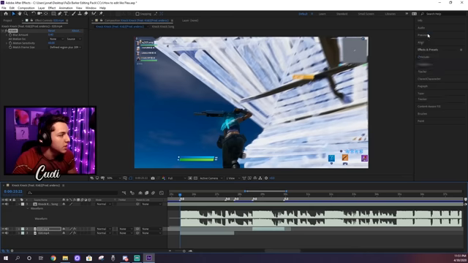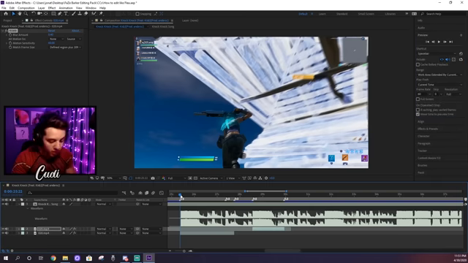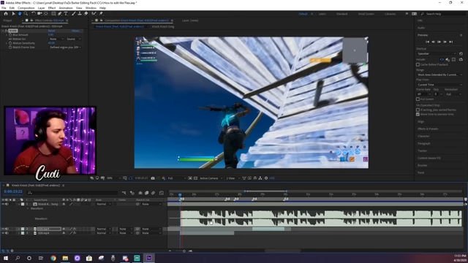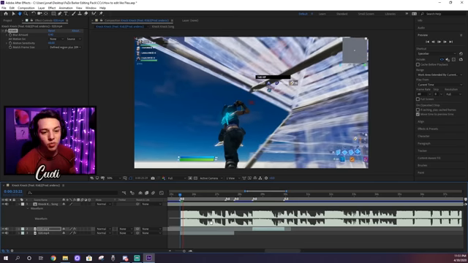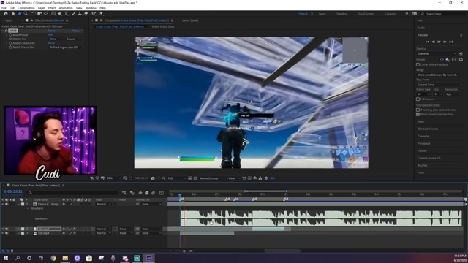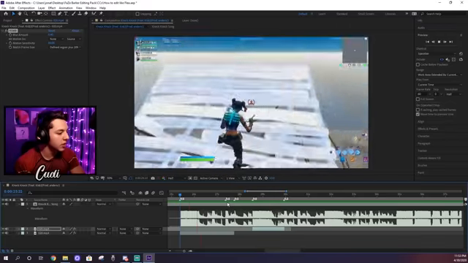Flea does not do this, but this is something I do recommend as an editor regardless, because it's going to make the edit look a lot cleaner and smoother. It's going to go with the song really well. A lot of content creators out there use Real Smart Motion Blur for their highlights videos, so I highly recommend it, hands down, regardless. So now if we watch it real quick,